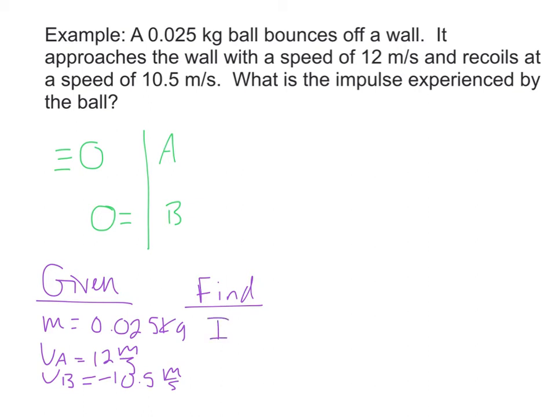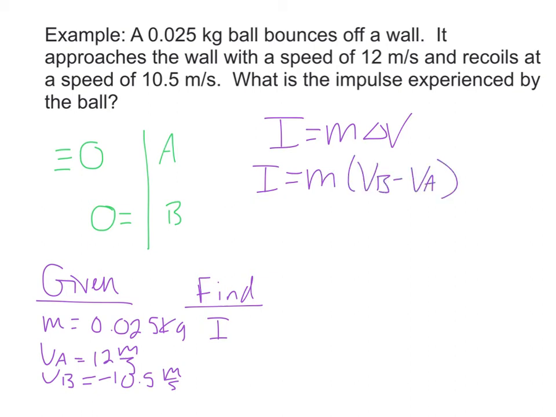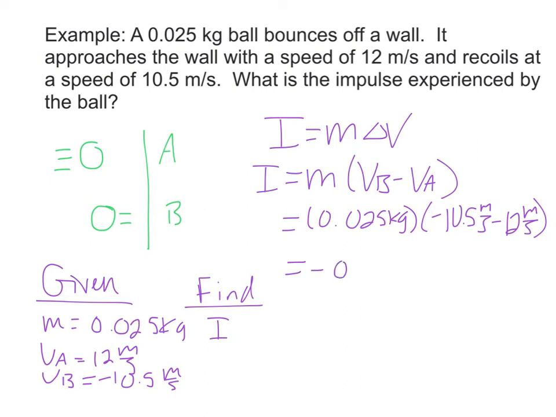Looking for impulse, I have a mass and I have two speeds, so it's going to make sense to use impulse equals m delta v, because that's everything I'm given. So impulse equals the mass times the change in velocity. This would be VB minus VA. So this equals 0.025 kilograms times my VB, negative 10.5 meters per second, minus VA, 12 meters per second. And this comes out to negative 0.5625